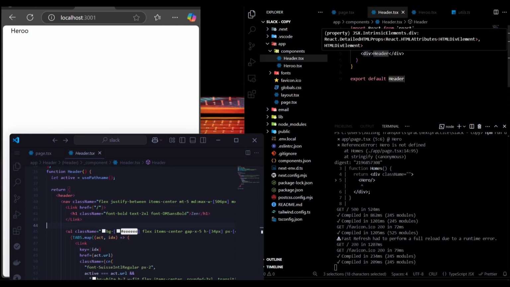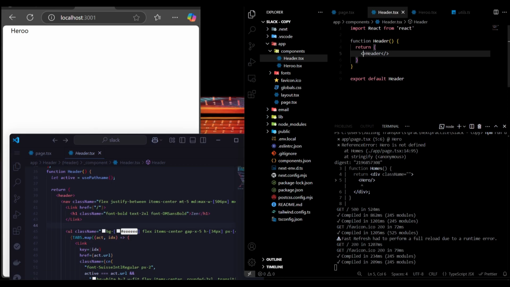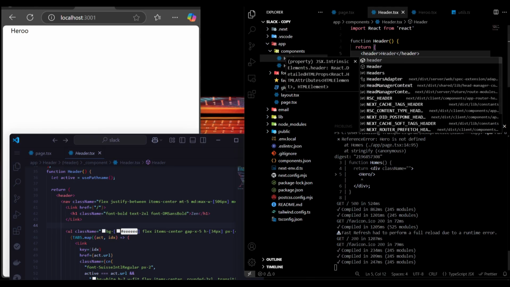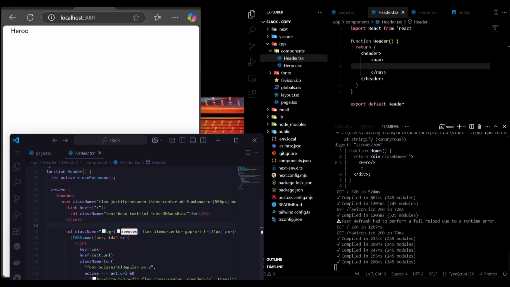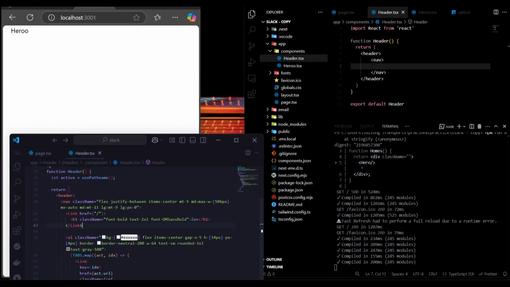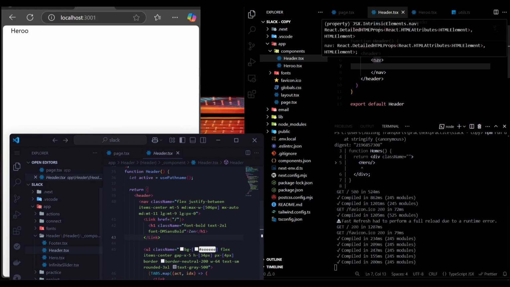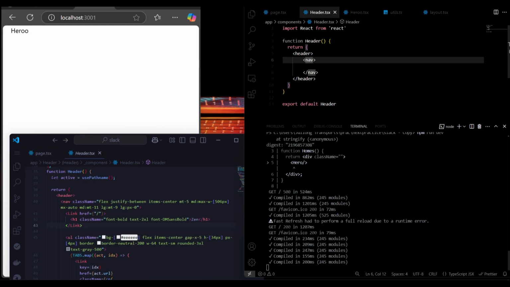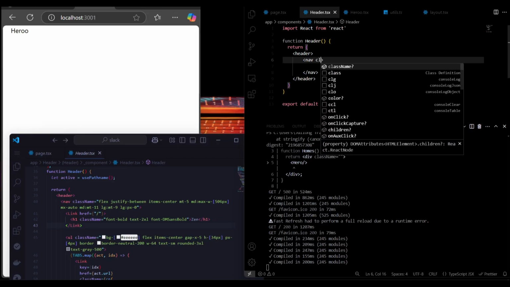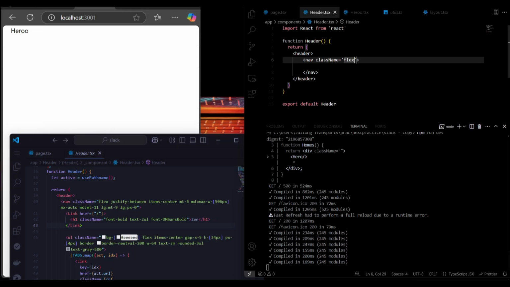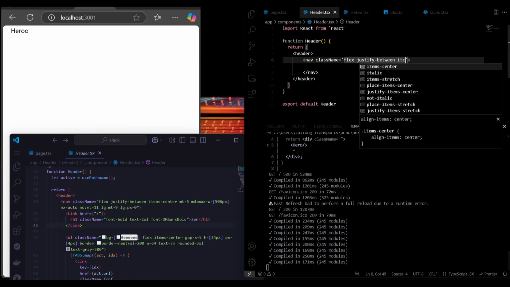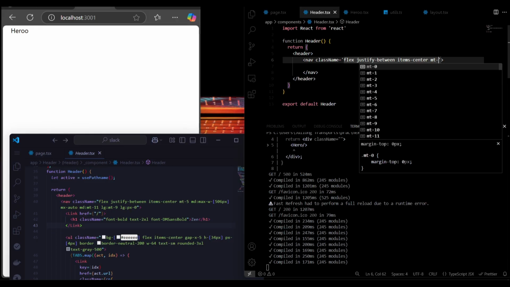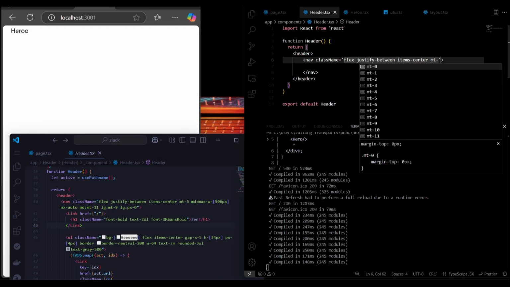So let us first have this tag. Also, let's have another one to be of nav. Let's close this one. Okay, so let's give it a class name of flex. Let's give it a justify with the twin, items to be center, margin top to be 5,